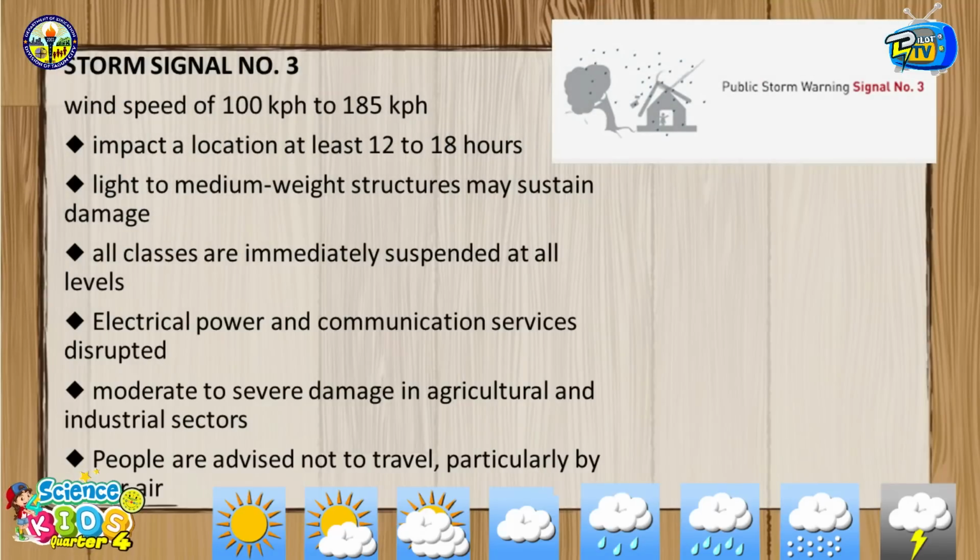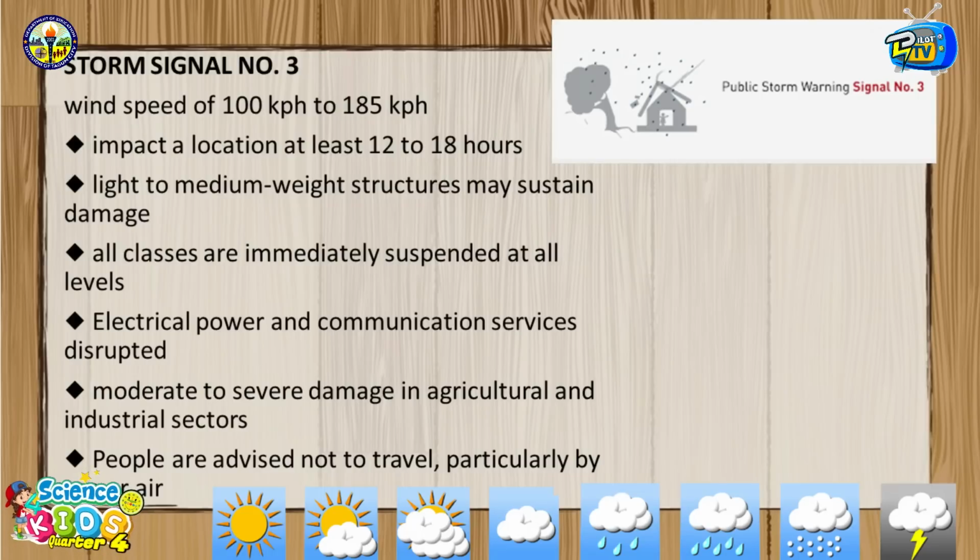Storm signal number 3. Wind speed of 100 km per hour to 185 km per hour, with an impact of at least 12 to 18 hours. Light to medium weight structures may sustain damage.